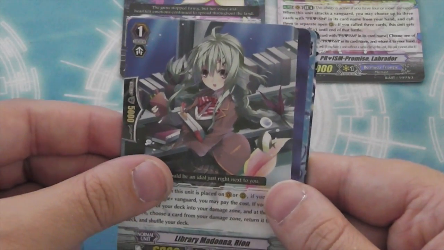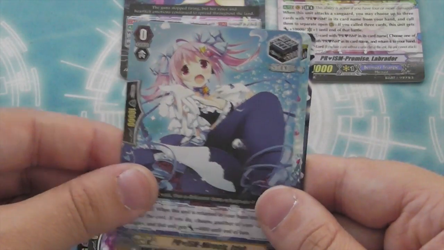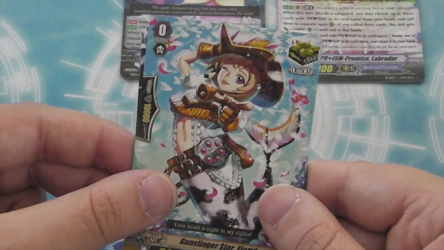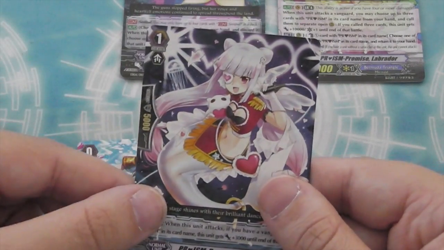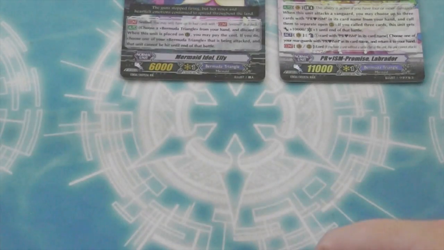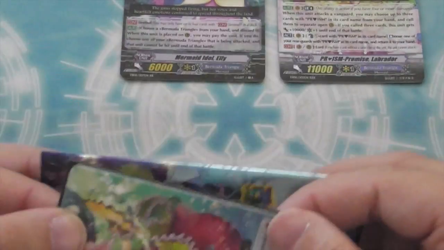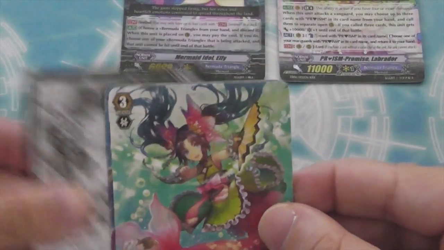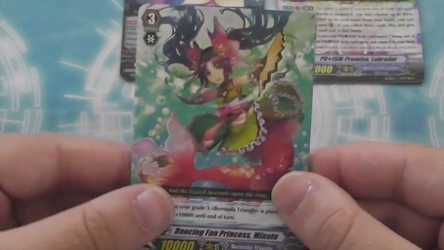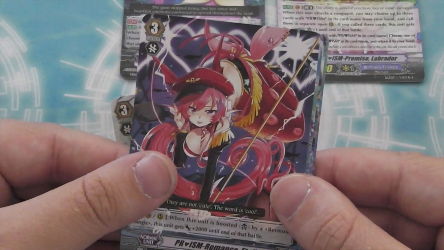You got Library Madonna Rion, Mermaid Idol Sedna, Prism Miracle Irish, Gunslinger Star Florida, and Prism Romance Mercure. So that's still just one double R. And we're getting well through the box. So let's see here. What have we got? There's Dancing Fan Princess Minato, Prism Romance Etoile,